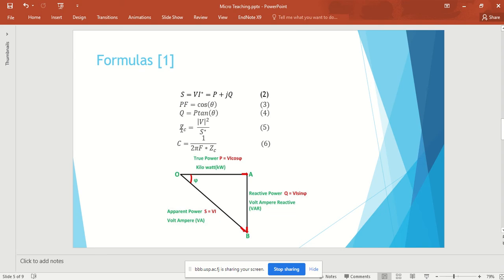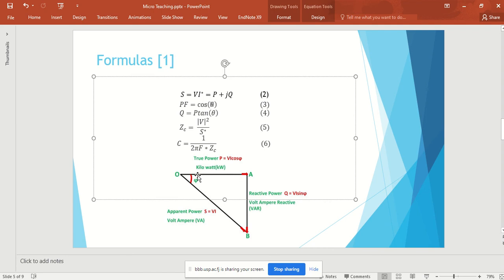Remember all these equations. The equations of apparent power are found from the power triangle. So this theta that I'm talking about, this is this theta. What happens? You have a true power and then you have a reactive power. The larger the value of theta, the larger the value of the reactive power. So we need to minimize this. We need to have the least amount of reactive power in our power system as possible.